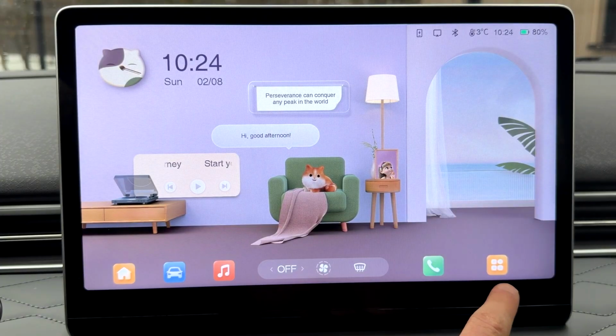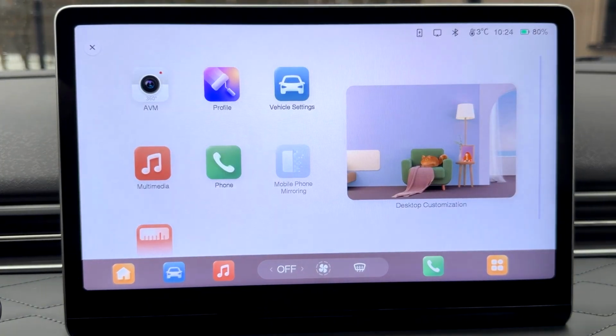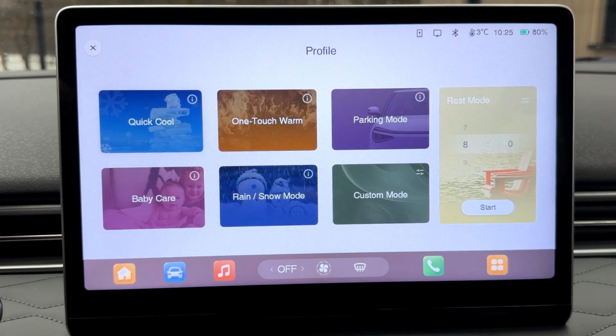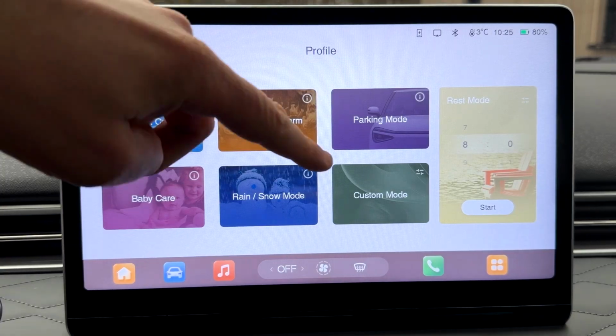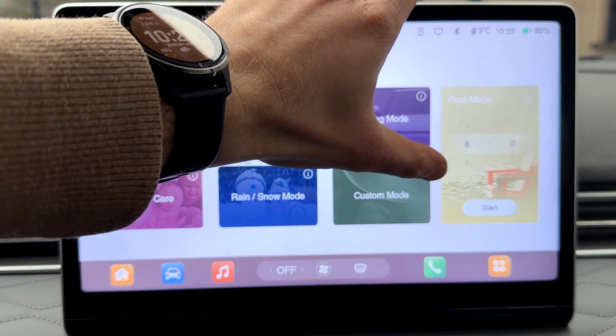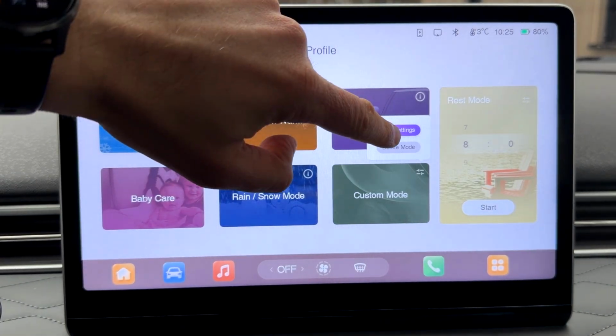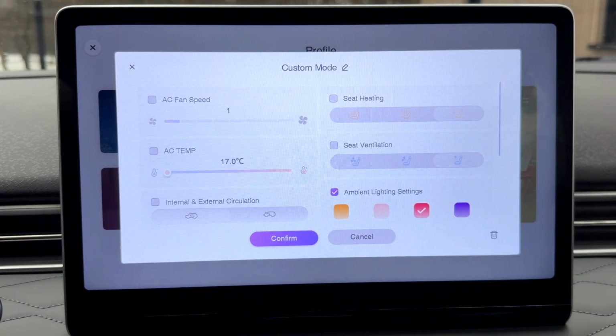Here let's open the apps icon, and as you can see, you've got access to all applications of your car, and one of them is profile. Let's tap profile. As you can see, you can use one of preset profiles, but you can also use the custom mode. So if you use this configuration button, you can edit settings here, and you can set up your